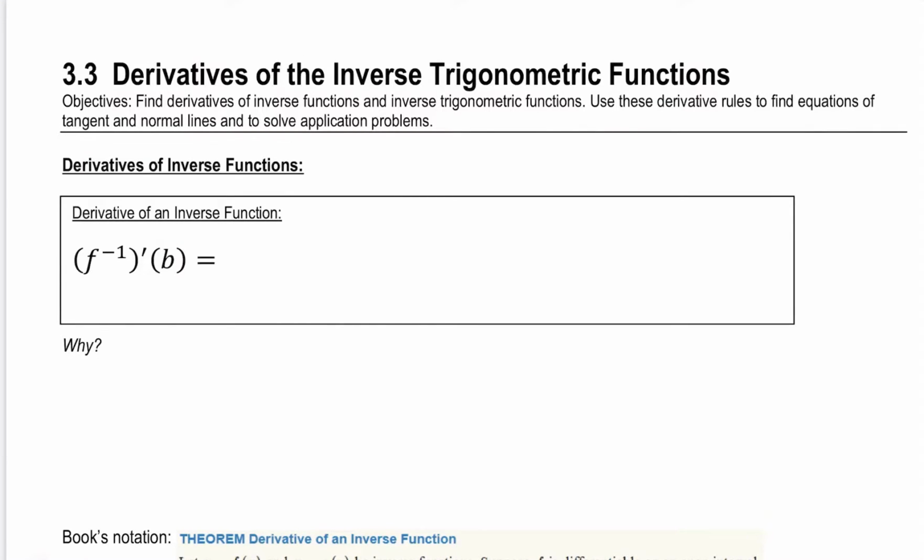3.3 is going to be primarily on finding the derivatives of the inverse trig functions and working with those. But before we get there, we are going to start by just looking at a general form for the derivative of an inverse function. And so first I'd like you to think about what happens if you were to compose